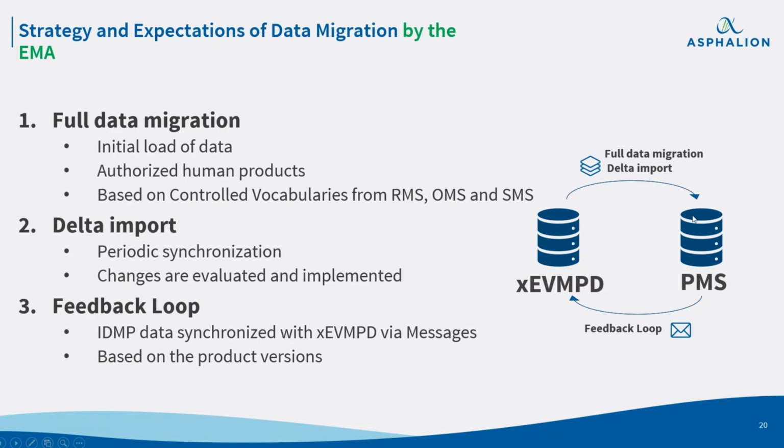Then at the same time, there's this need for maintaining the information in XEVMPD updated with the information that is populated in PMS. Well, not with the information not covered by XEVMPD. But this is also because XEVMPD will not be decommissioned with the go live of PMS. XEVMPD will stay a few years more because there are other services or processes on a general level that are still using XEVMPD information. So this will be kept until everything is transitioned to PMS. So this is why we have this feedback loop as well.